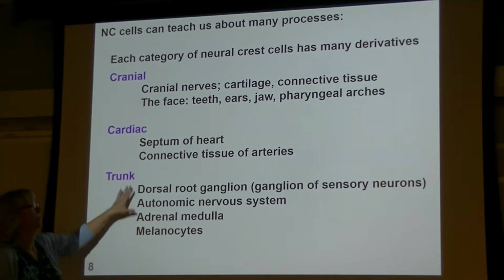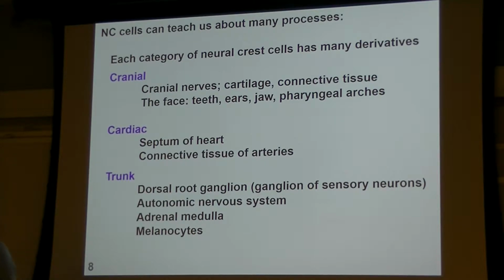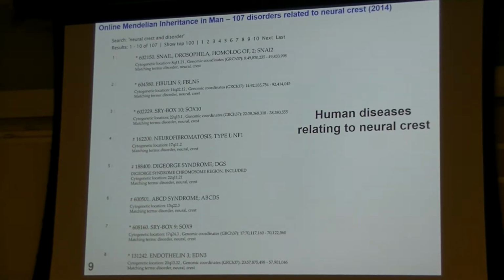And then also several tissues here within the trunk as well. So you don't need to memorize this list, but I like to put it up to give a sense of why these cells are interesting. So you might think, as a corollary to this group of cells being able to give rise to so many different types of daughter cells, that if anything goes wrong along the way, you're really setting up for a developmental disorder of some type. And so this is a little search that I did earlier this year in the online